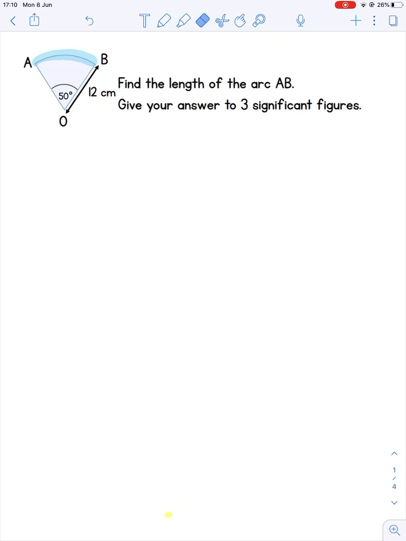So the arc length is a portion of the circumference. Hopefully you remember the circumference of a circle is pi times the diameter, and the diameter in this case is 24. So the circumference is pi times 24. We only want a portion of it, a fraction of it, but we're not going to be finding a half of it or a quarter of it. In this case, the fraction that we've got